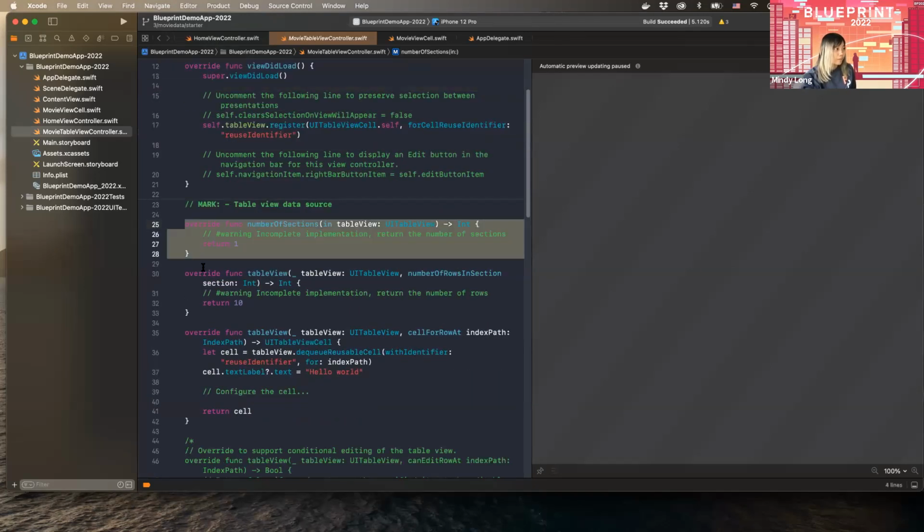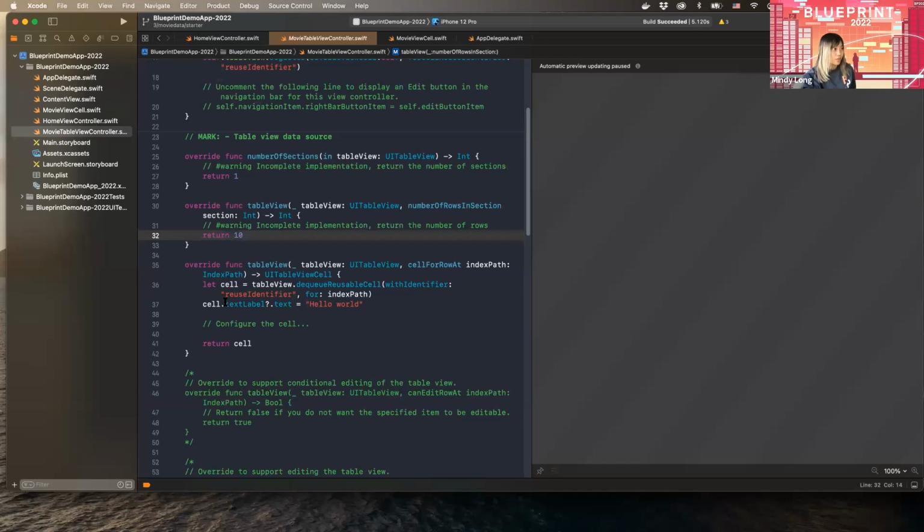And then you have the more specific functions, right? So numberOfSections should be self-explanatory, the number of sections in your table. An example of this is if you open your settings app on your iPhone,